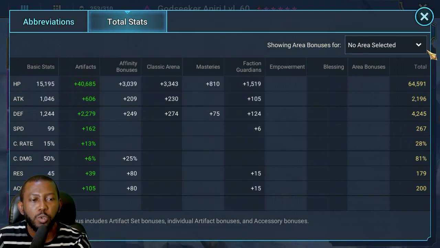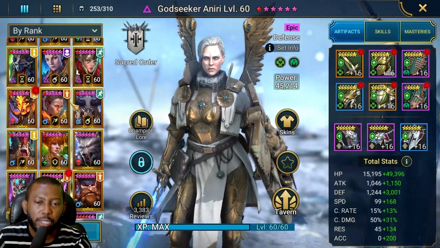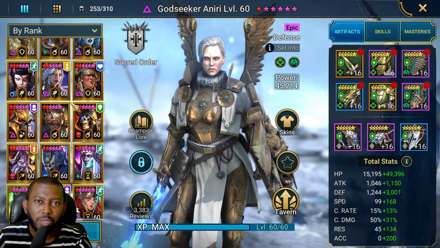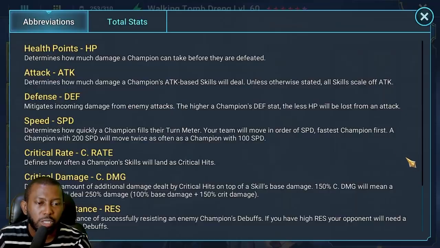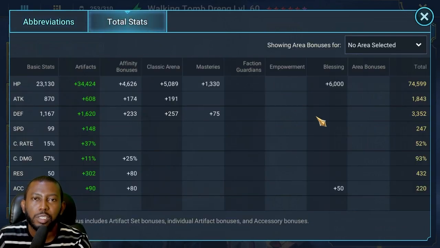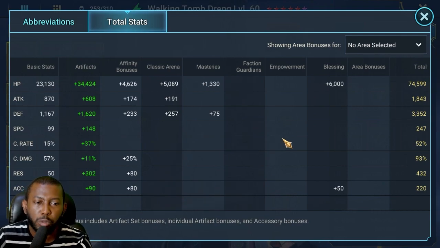So what about your nuker or your damage dealer who is walking Tomb Dreng? The speed that he is required to be is in range of 20 speed of your revive champion. So 267 right here, 247. I'm at 20 range, right? You can be at 19 or so. But I just had to match that range so that he doesn't fall behind and maybe doesn't use his skills at the right time,